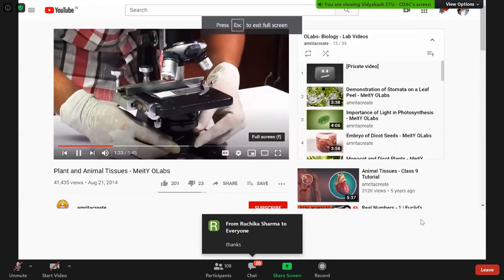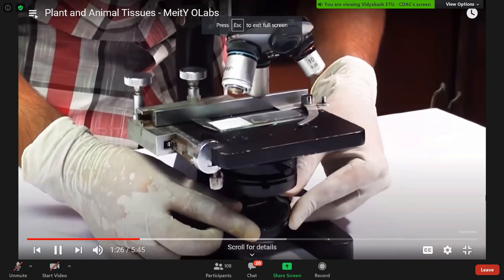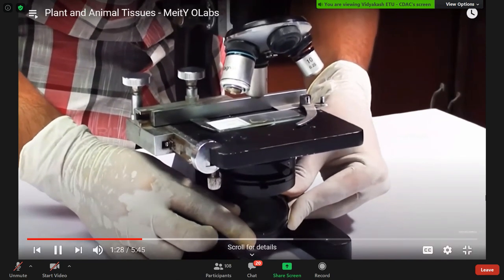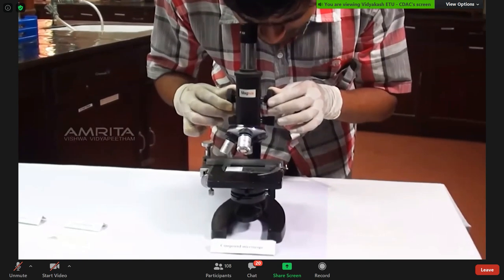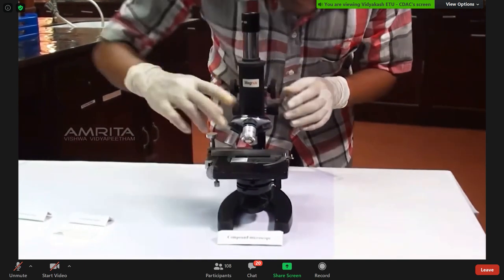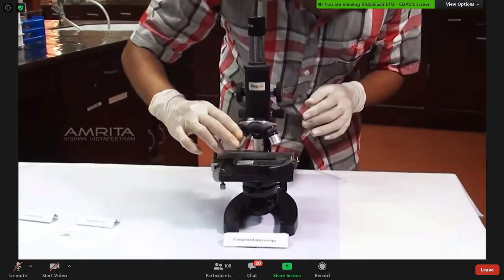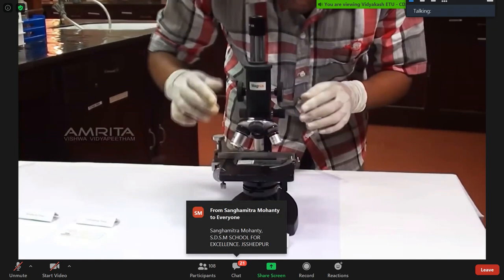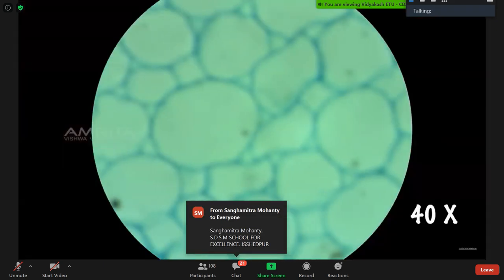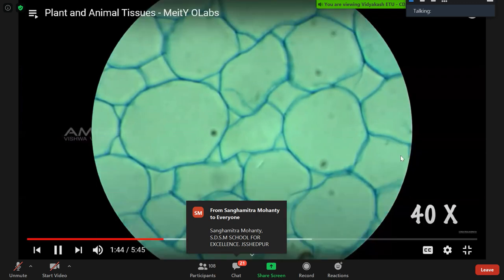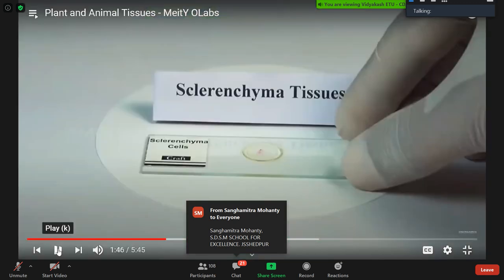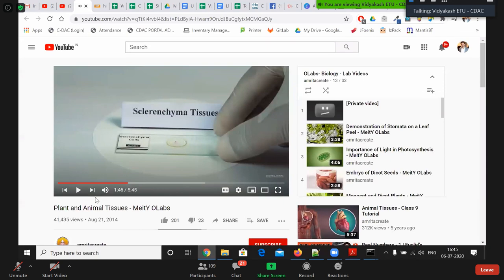Adjust the mirror of the microscope carefully until the image you see has maximum clarity. Observe the permanent slide of the parenchyma tissue under the low power lens and then under the high power lens of the compound microscope. Move the slide very slowly back and forth to identify the different parts of the parenchyma tissue.